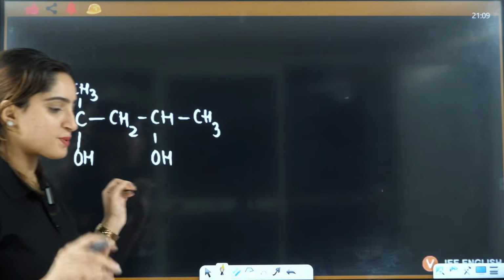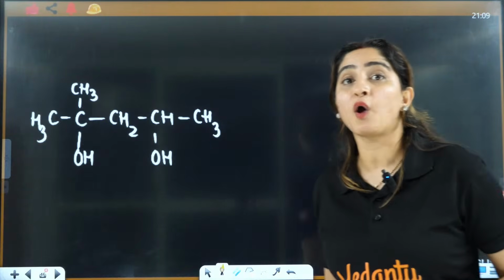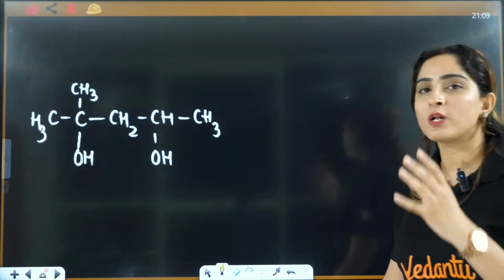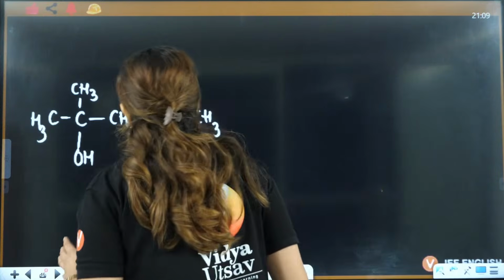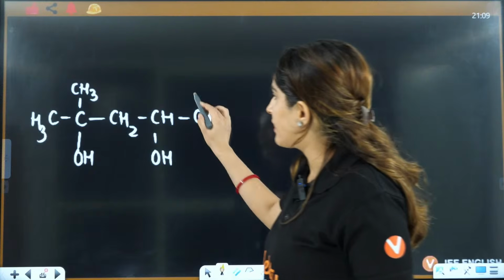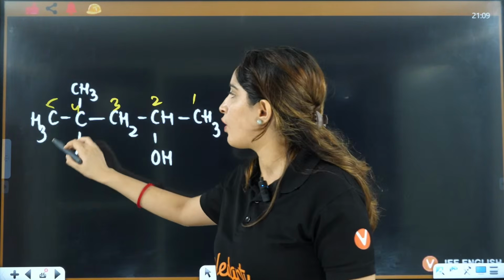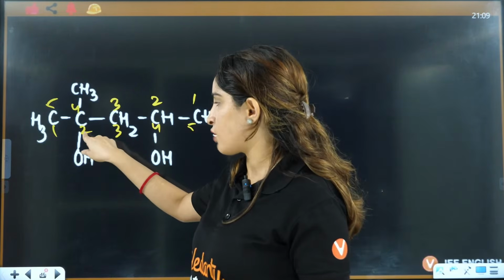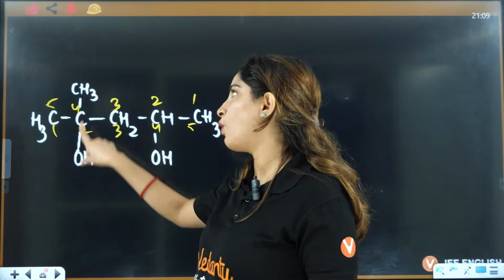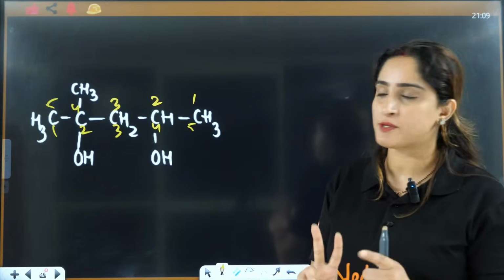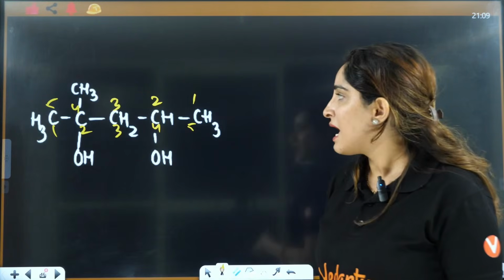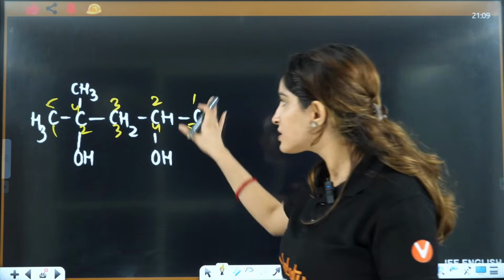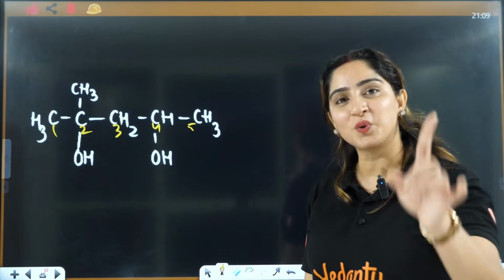Next is this one in which now you have diols, right? Diols means which have 2 alcohol groups. Now in diols, how are you going to do this? 2 possibilities are there, 1, 2, 3, 4, 5, or you have 1, 2, 3, 4, 5. Simple thing is, if I choose this, I'll have 2 ol and 2 methyl. That means on 2 I have 2 substituents. Here on 2 I have only 1 substituent. And those substituents in both the cases have ols. So I'll choose 2 substituents including ol, right?